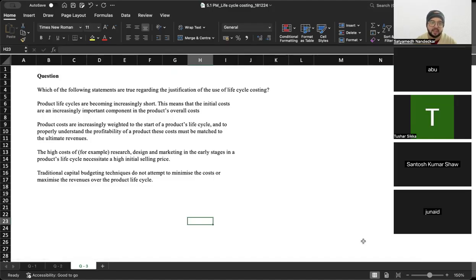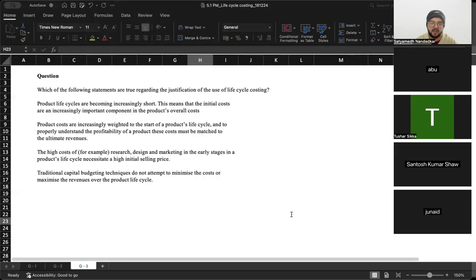Product costs are increasingly weighted to the start of a product's life cycle, and to properly understand the profitability of a product, these costs must be matched to ultimate revenues. The high cost of research, design, and marketing in the early stages in a product's life cycle necessitate a high selling price, and traditional capital budgeting techniques do not attempt to minimize the cost or maximize the revenue over the